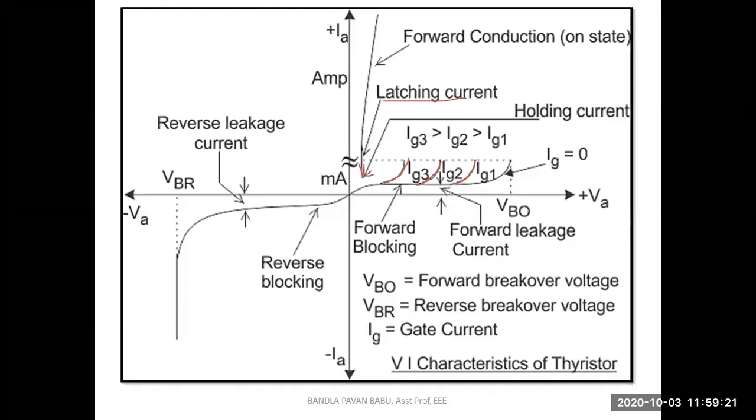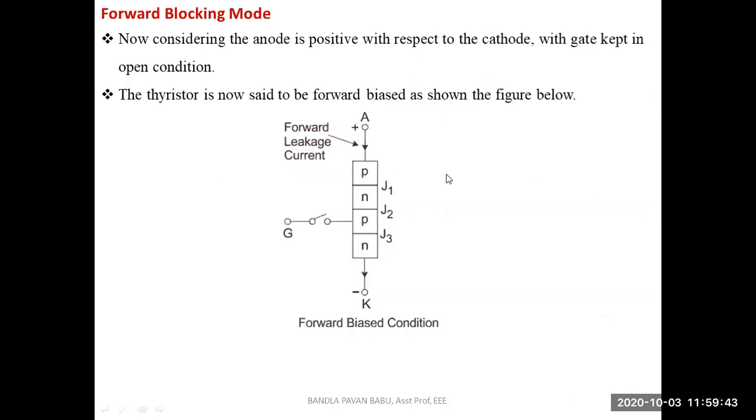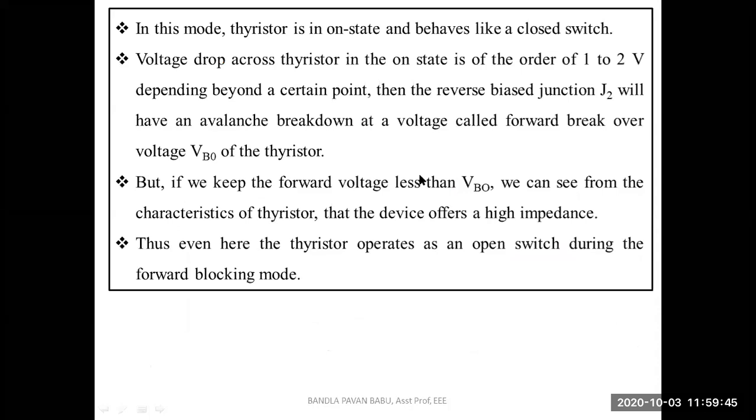So that is the reason why we have placed the gate terminal. We can control the current in the switch, which is mostly used. Gate control is the most commonly used mode of operation. I mean, this terminal is mostly used for controlling the switch. Right, so another mode is, see, before that, a few more points here. Let's read out all those things.